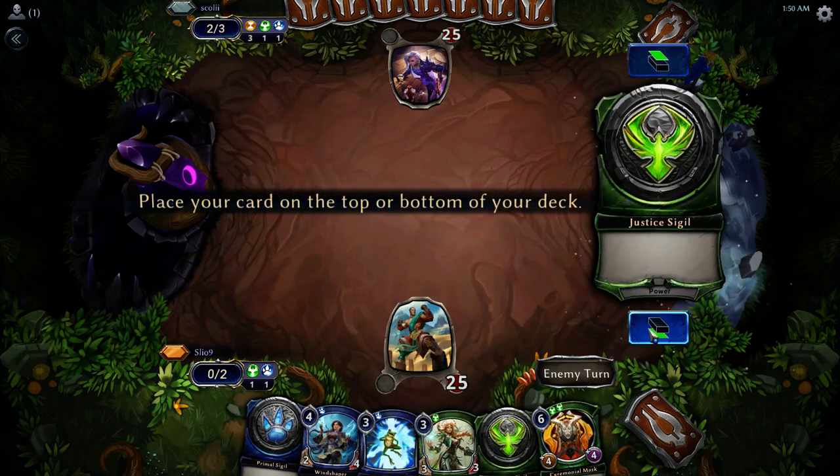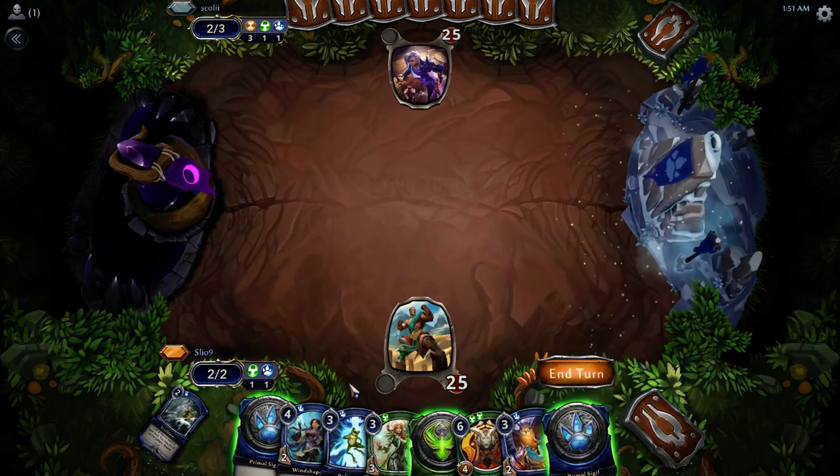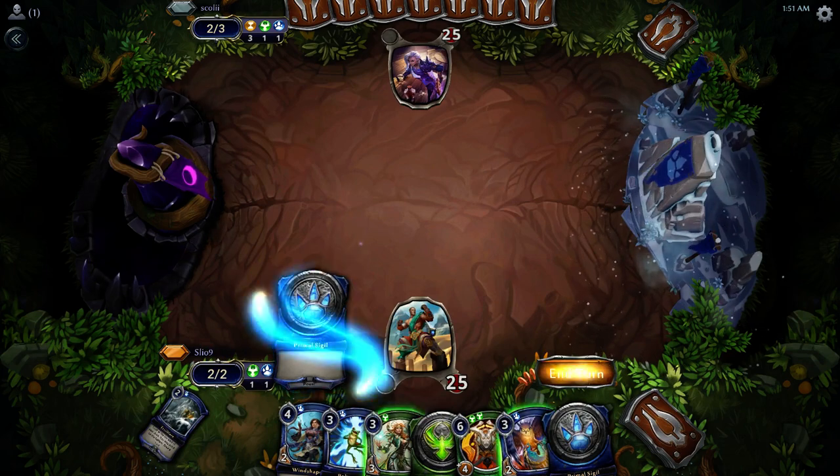I do not want the Justice Sigil, actually. I'd like a little bit more action. We'll be getting Justice Sigils, like... Yeah, we'll be getting Sigils, like, crazy here. So...